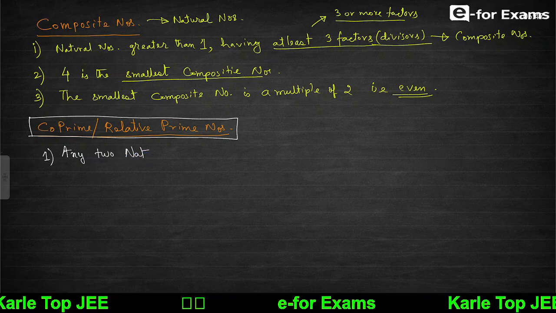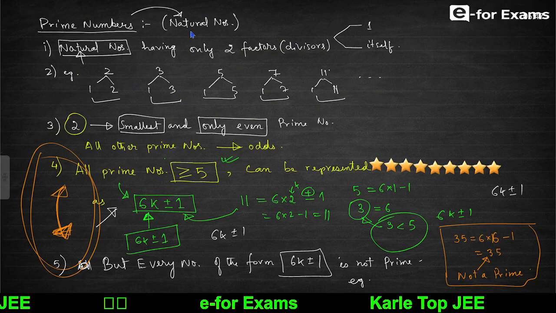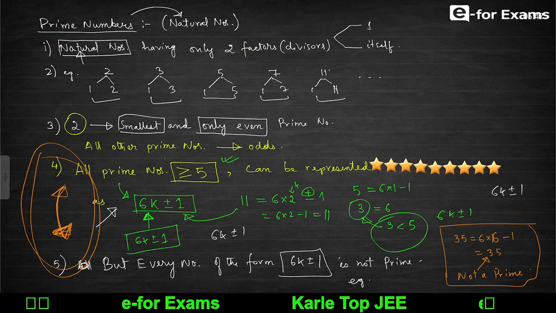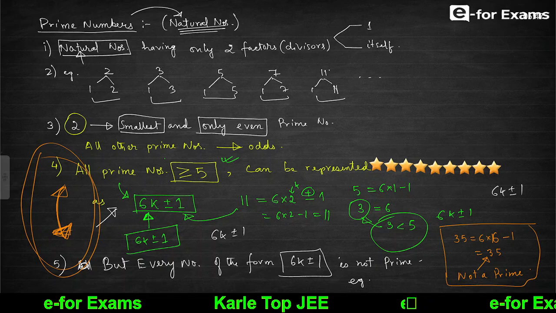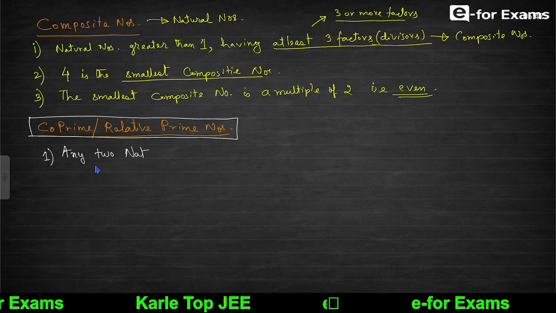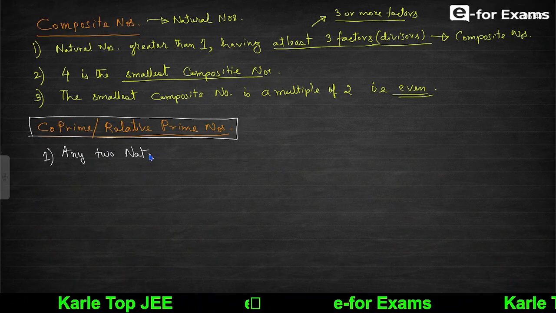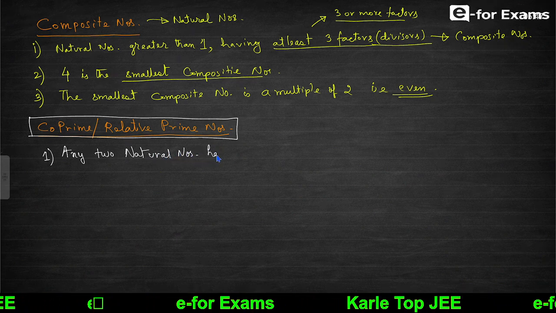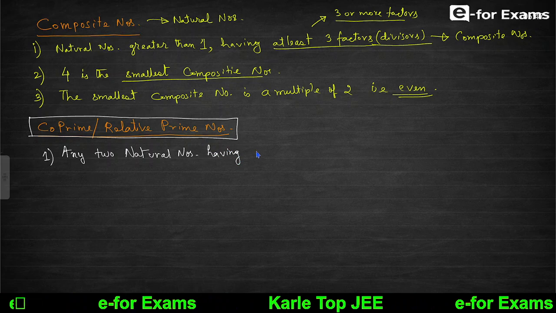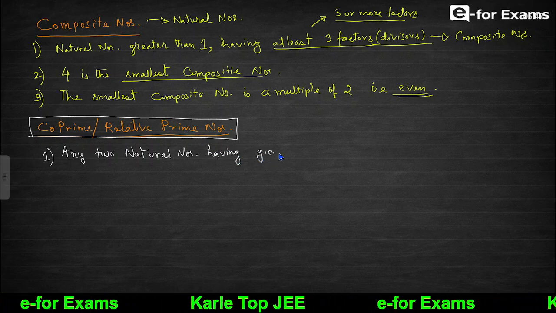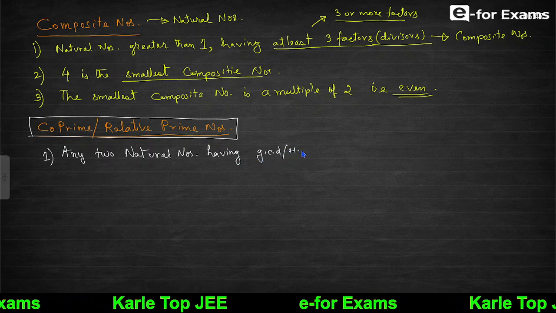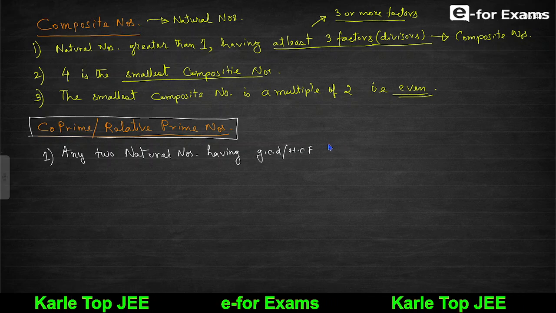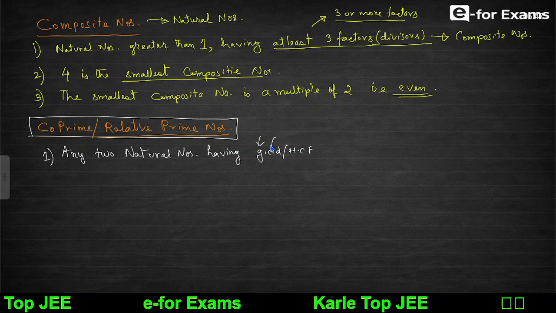We already defined that prime is a natural number, right? So when we say coprime, we will not say integers. We will say only natural numbers. There will be any two natural numbers having GCD or HCF, highest common factor, or greatest common divisor